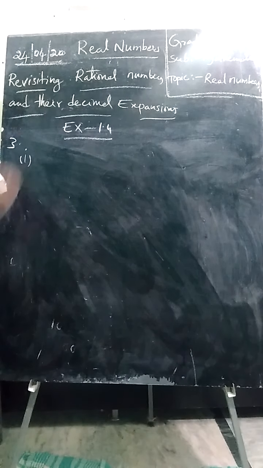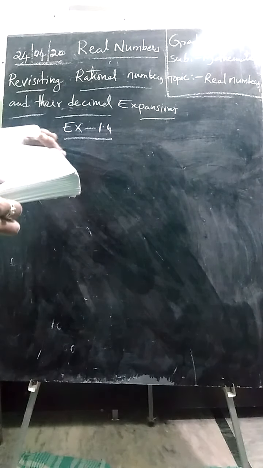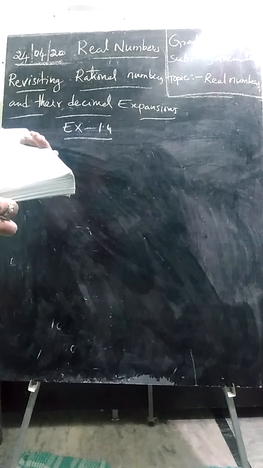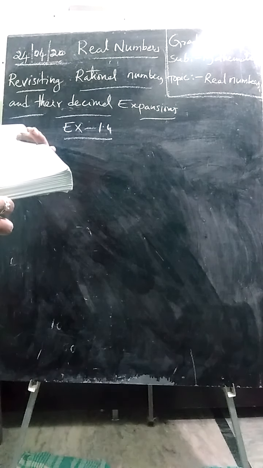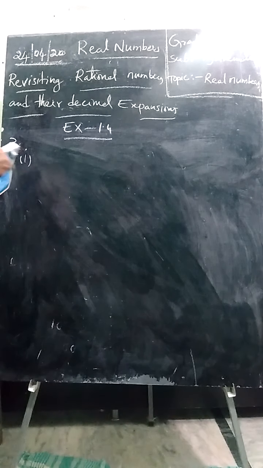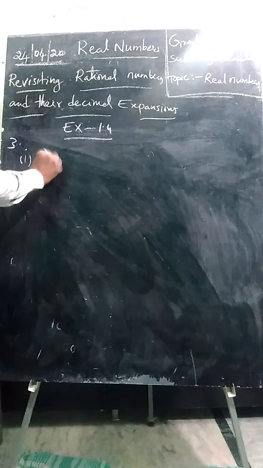So here it's given that the following real numbers have decimal expansion as given below. In each case, decide whether they are rational or not. If they are rational and of the form p by q, what do you say about the prime factors of q? If it is rational, let us take one number, 43.1,